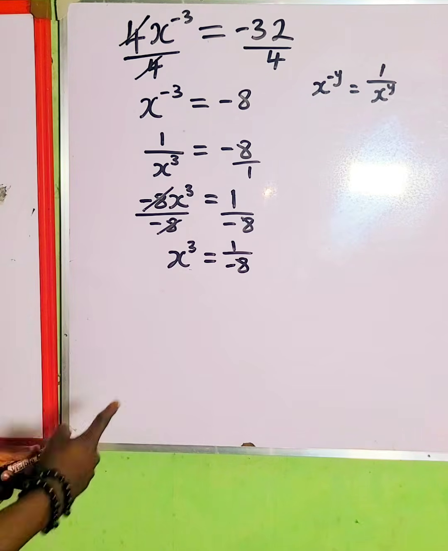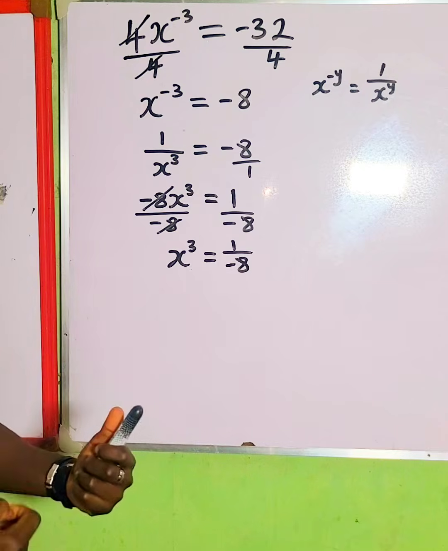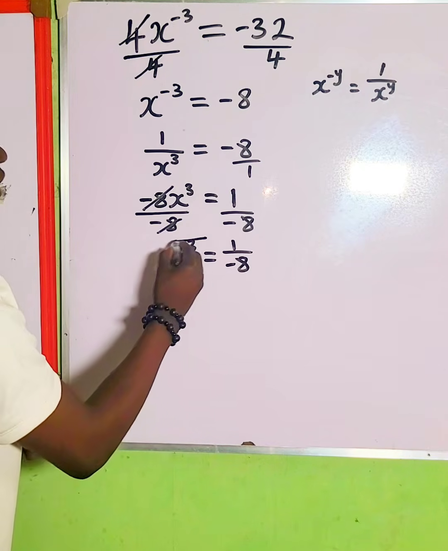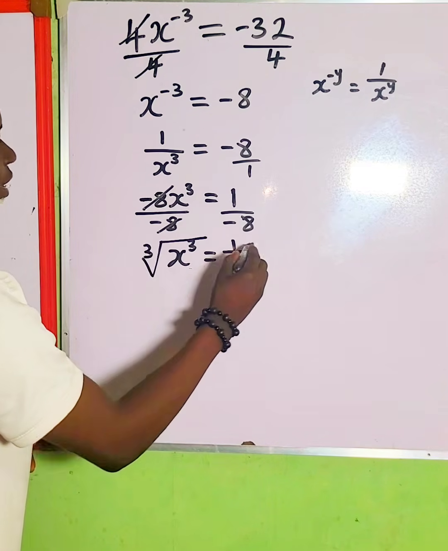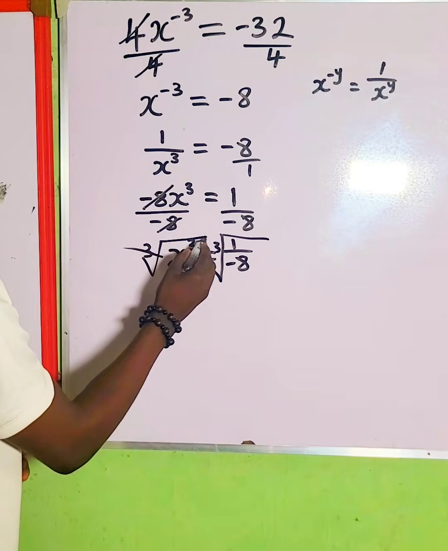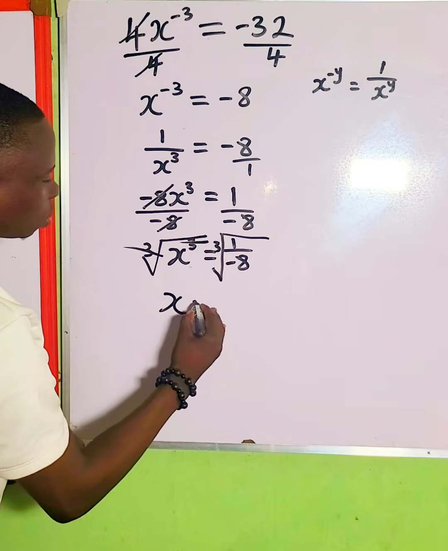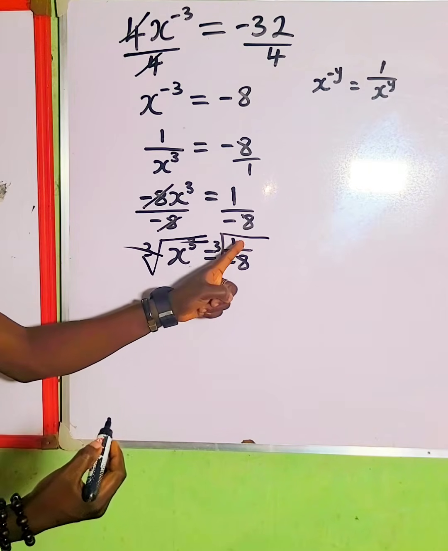Now from here, what are we going to do? We need to eliminate this power 3. And to do that, we're going to take the cube root of both sides. So we take the cube root of the left hand side and also do the same thing to the right hand side, so that this cube root is going to eliminate this cube. So in the left hand side, we are left with just x, which is equal to cube root of 1